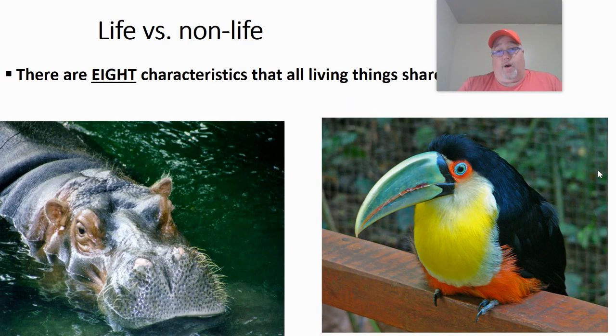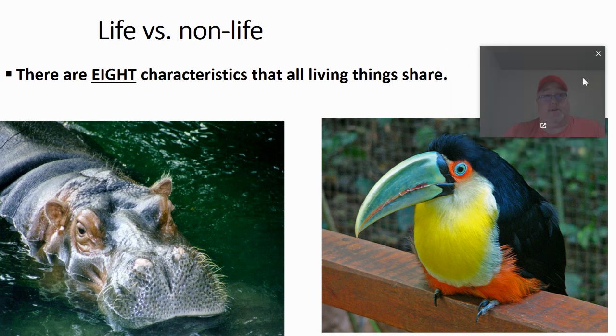All right, so back to our kind of conversation about what characteristics living things share. So again, we talked about the gorilla versus the flamingo versus the Venus flytrap. Here's a hippopotamus. Here's a toucan. I think we're getting an idea that there's a pretty big diversity of living things on this planet. But again, all living things do share